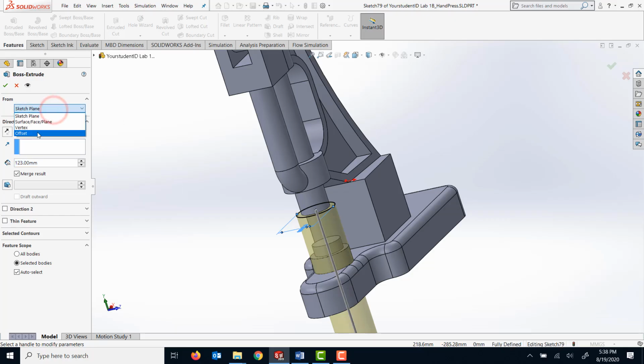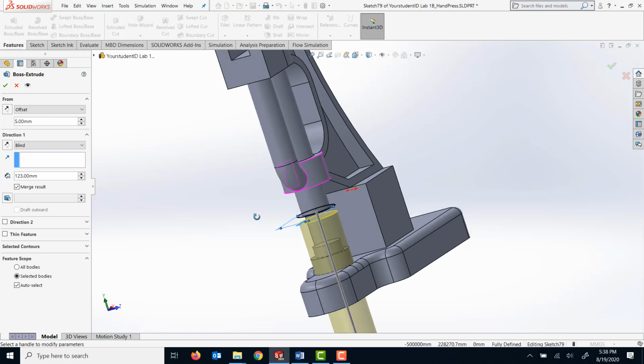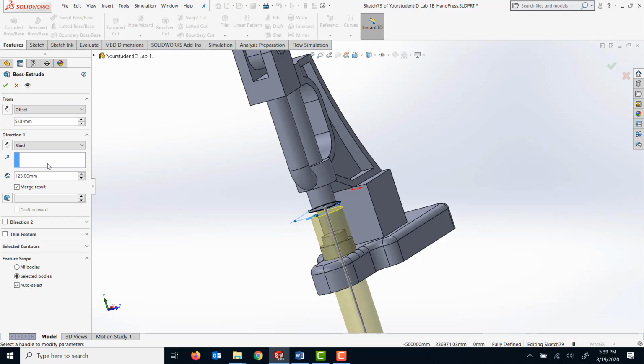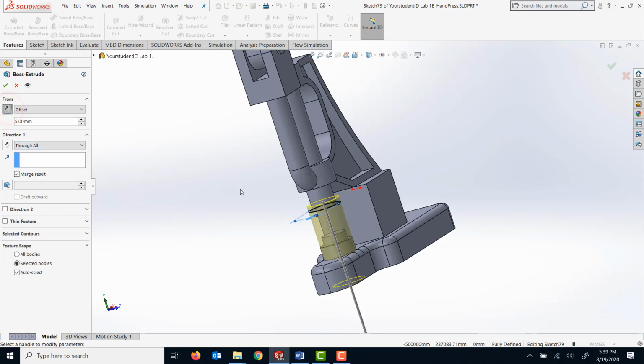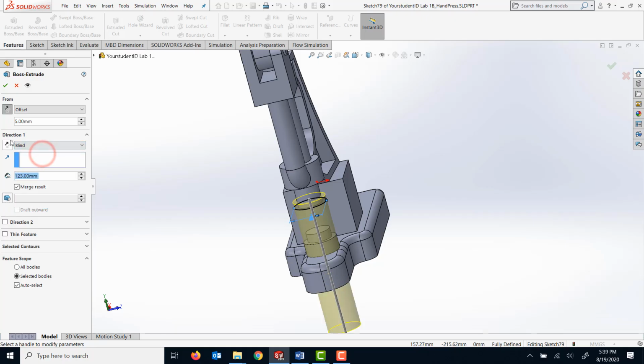In the dialog box, for the method, I'm going to specify offset, and set it to 5 millimeters, and the direction I'm going to change towards the opposite direction, which is currently shown in the preview. I'm going to click that, so that's done from there. And for direction, I'm going to set blind, and the depth for that one, I'm going to set as